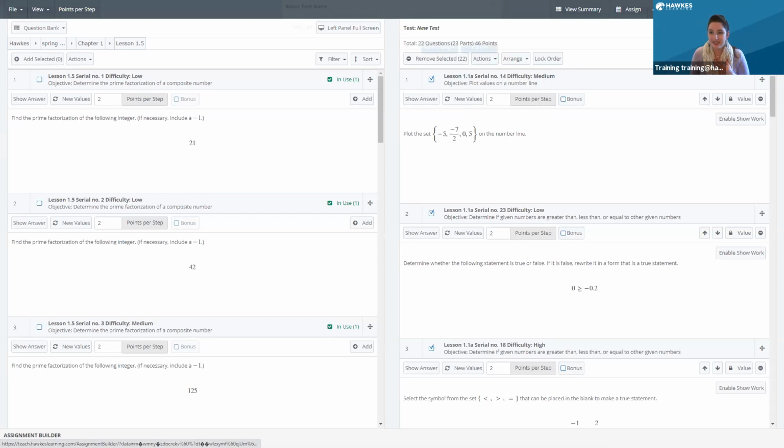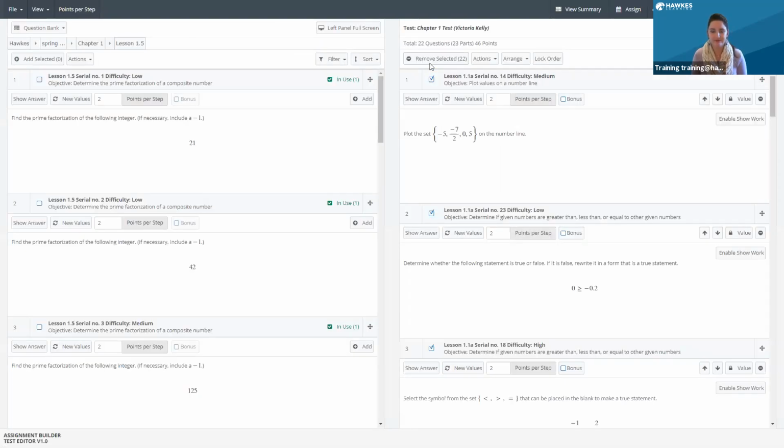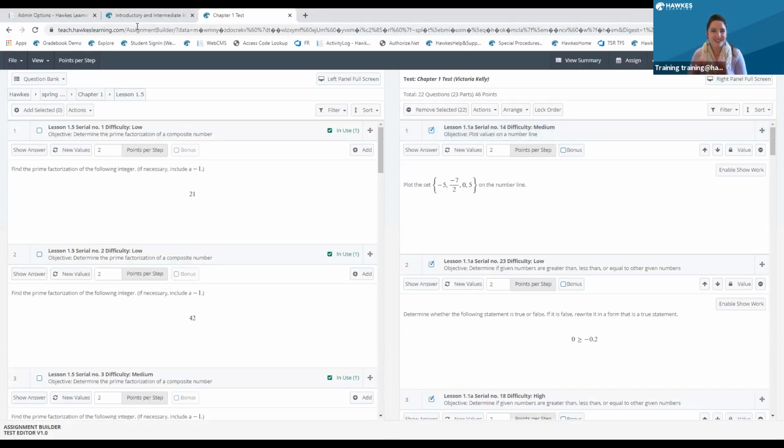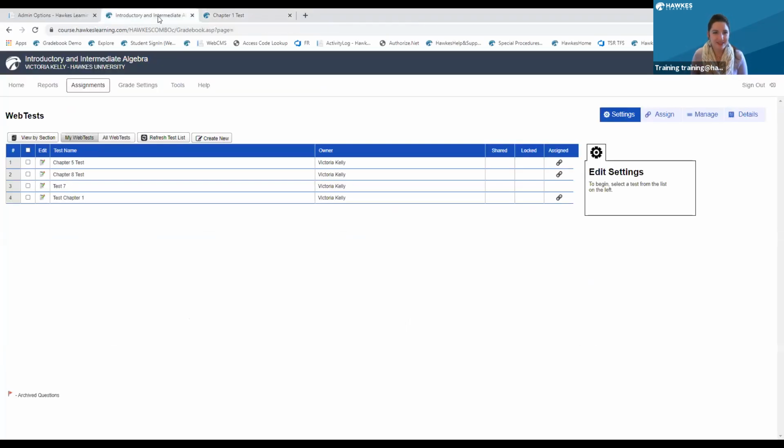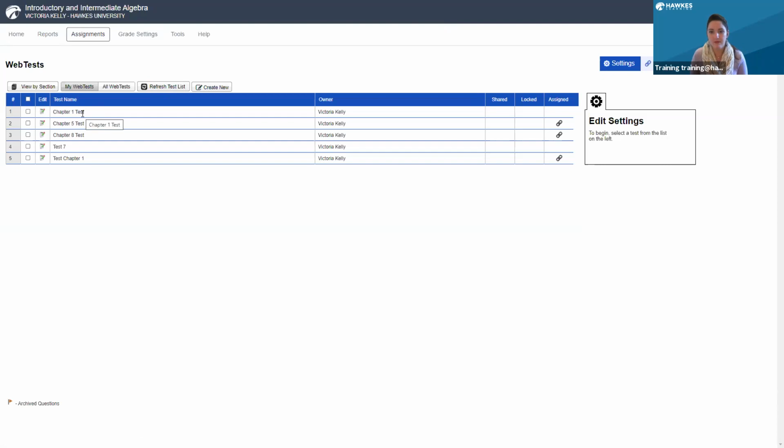So what I'm going to do is click Save As, give it a name, and save my changes. Now, what I'm going to do is go back to my previous tab here, and I clicked, there we go, I clicked to show the full screen. So there we go, I'm jumping back into that original tab. I'm just going to refresh my test list, and you'll notice that test that I just created is here at the top, but you'll notice if you look all the way to the right, we don't have a link,